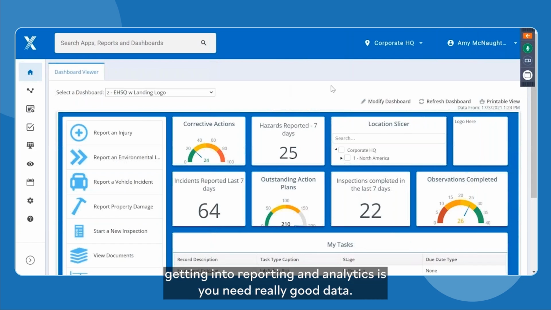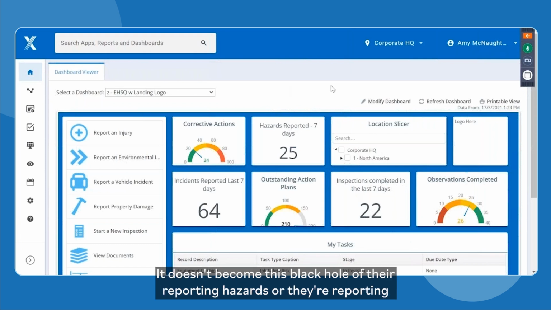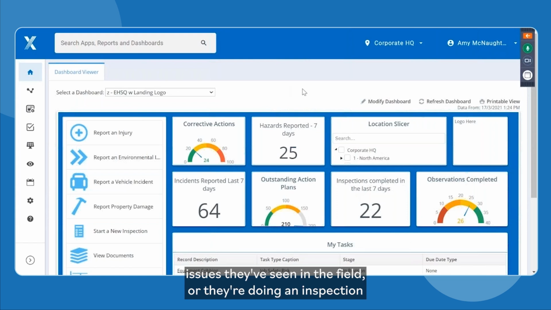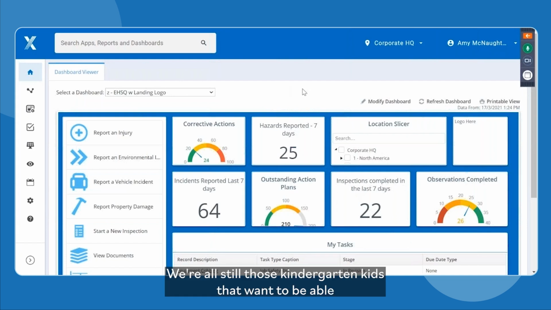The biggest thing when you're getting into reporting and analytics is you need really good data. And one of the ways to get that is to ensure that the employee that's populating the data has a visual, right? It doesn't become this black hole of they're reporting hazards or issues they've seen in the field, or they're doing an inspection, and they don't get to see that data then being utilized in an analytic way. We'd love to say that none of us are in kindergarten anymore, but we all love gold stars. We're all still those kindergarten kids that want to be able to see that the information we're sharing is being